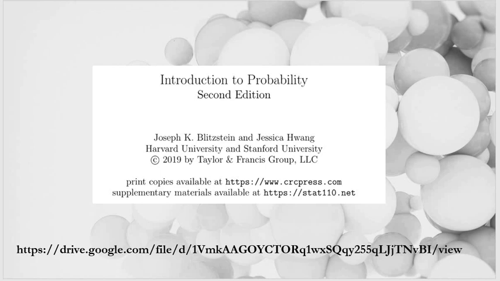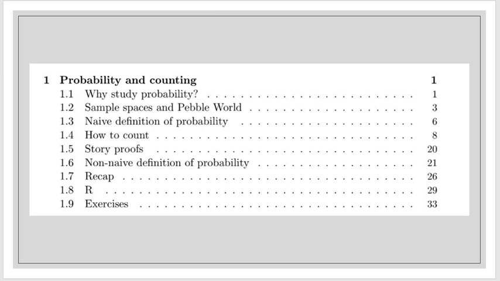So we will be looking at some material from chapter 1, but in fact we're not going to do all of chapter 1. We're going to be doing a bit from section 1.2 on sample spaces, and we'll look a bit at unions and intersections and complements, and then close with DeMorgan's laws, which relate unions and intersections and complements in an interesting